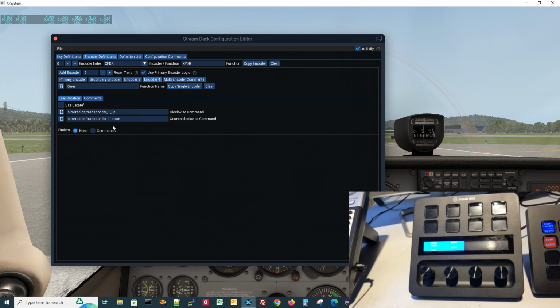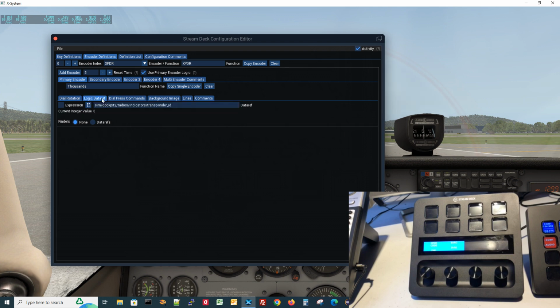So you can see how you can configure an encoder to do more than just one or two things, right? You can go on. I mean, obviously at some point you're going to run out of tabs here, but I think you could easily put 10 or 12 encoder definitions on one multi-encoder if you wanted to do so. All right, let's come back to the primary encoder and let's take a look at what's driving the